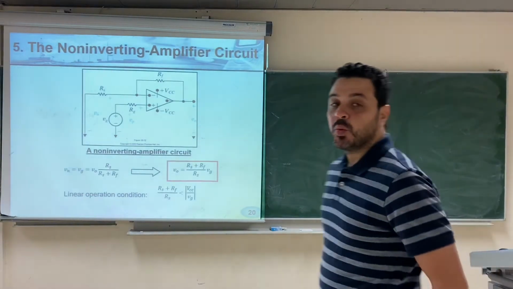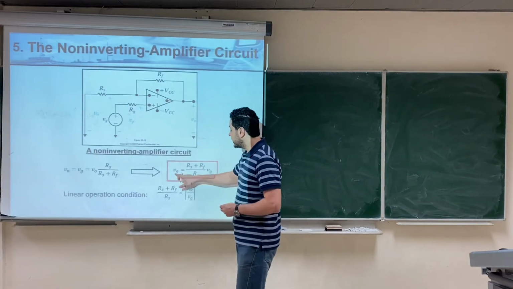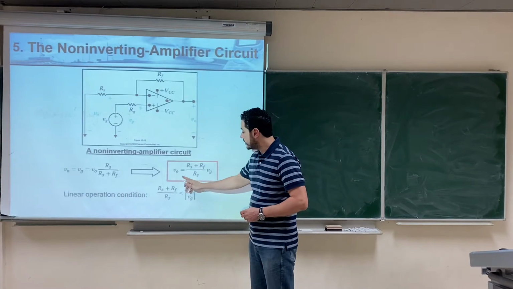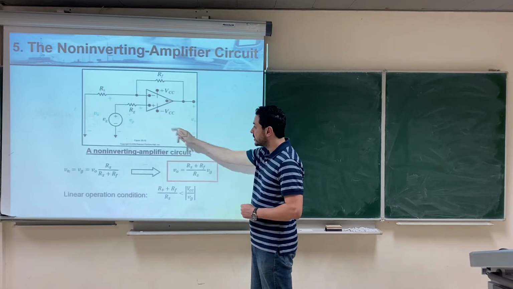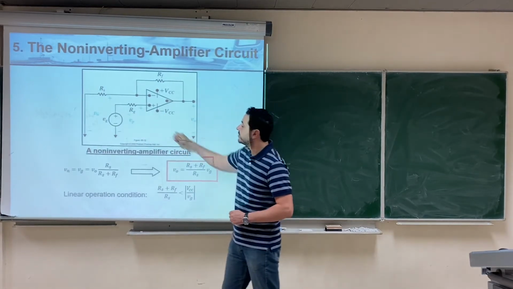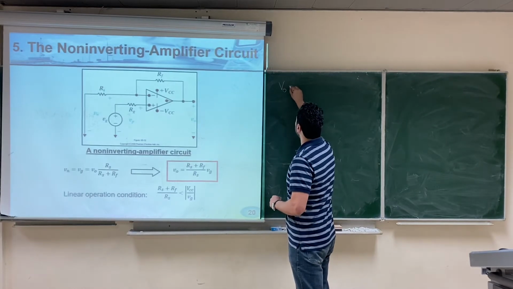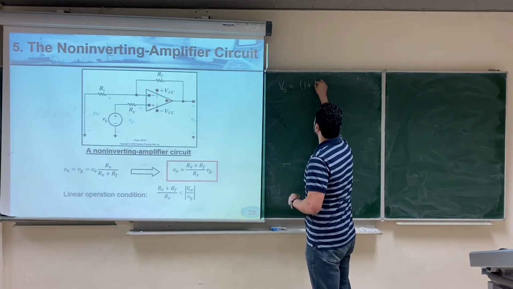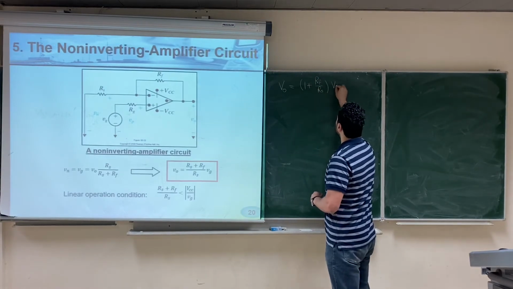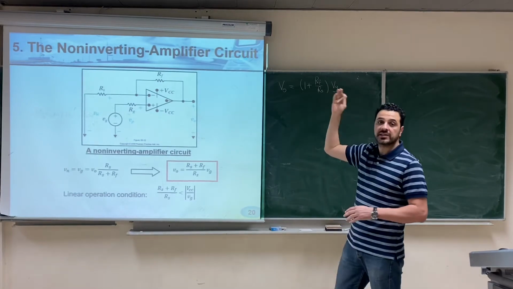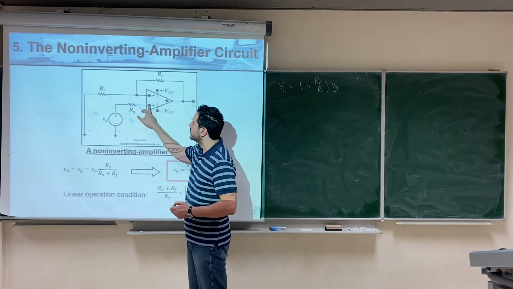In the previous video, we analyzed the non-inverting amplifier and we found that the output is related to the input using this relation. V output equals Rs plus Rf over Rs multiplied by the input source that is connected to the non-inverting input of the op-amp, which also can be written as V output equals 1 plus Rf over Rs multiplied by the source. Whatever you call the source, you call it Vs, you call it Vg, it doesn't matter. Where the source here is connected directly to the non-inverting